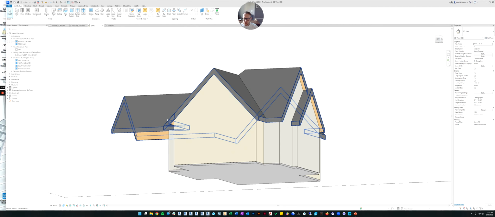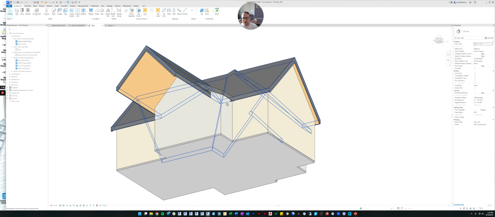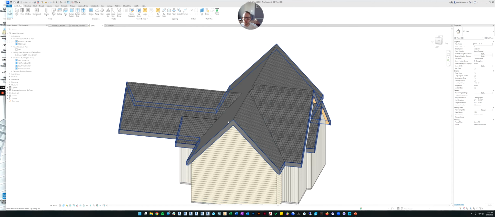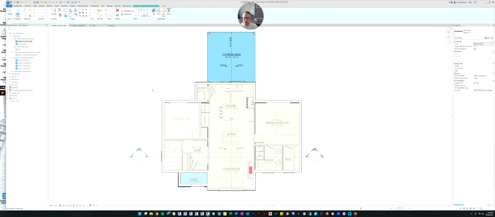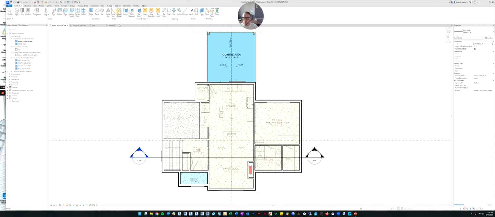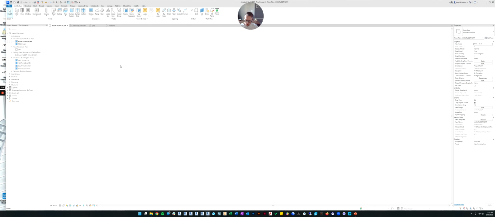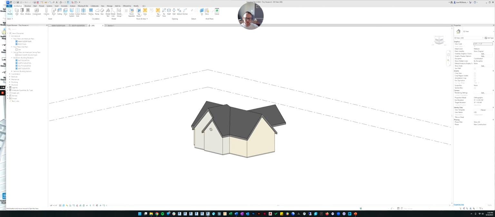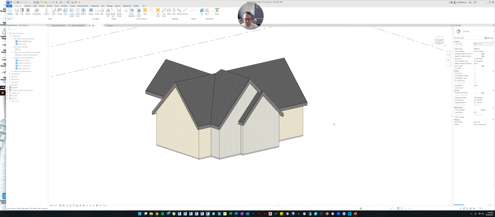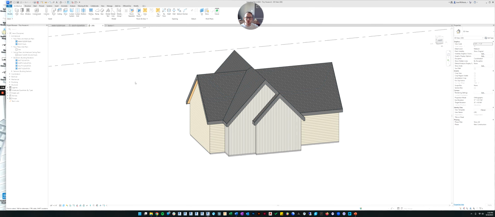The other thing you can do is add soffit underneath the roof. Soffit is exactly like ceilings. You just draw a sketch like you would for a ceiling, but the command is buried. You go to roof, and then it says roof soffit. You would click there, and then it would allow you to sketch in floor plan. You could sketch underneath the roof the way you wanted it. I'm not going to bother doing that, because I think soffit probably gets a little too outside this course, but if you wanted to, you could put soffit in. So there you go. That is how you customize a roof.